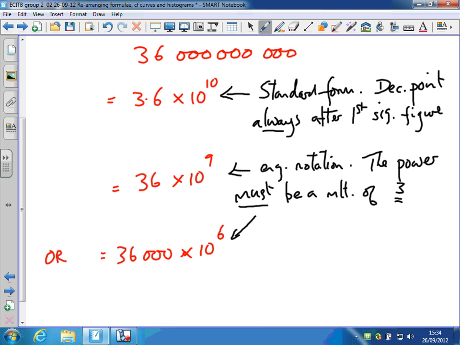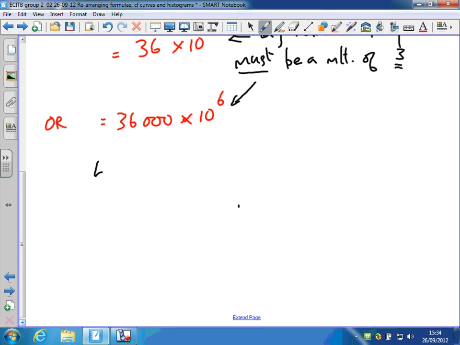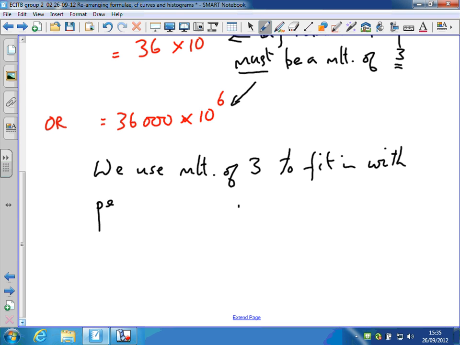And then we're down to deciding what units we want to be in. So that brings us to the idea of prefixes. So we use multiples of 3 to fit in with prefixes. And the common prefixes for large numbers are kilo,